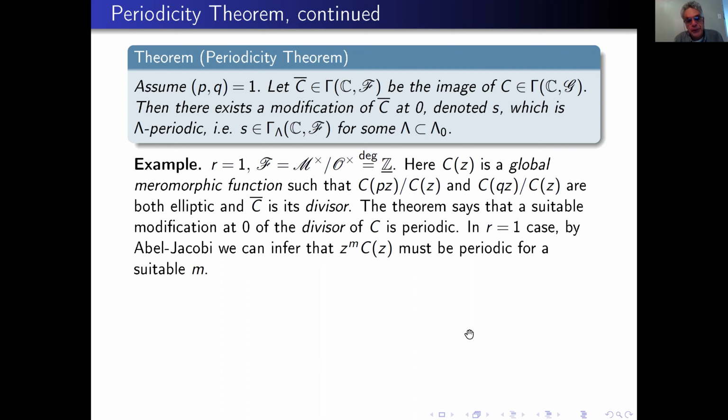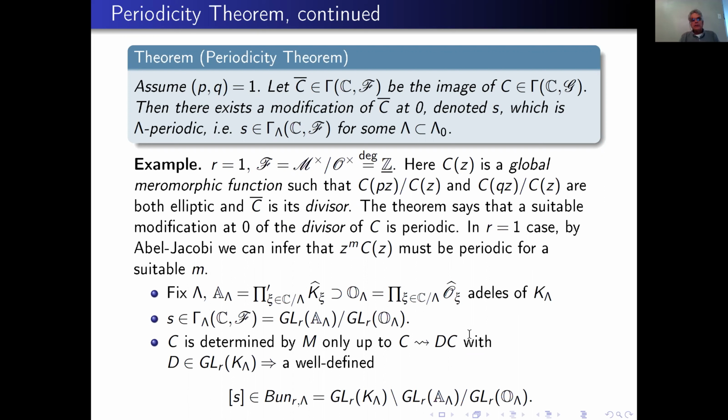and we can infer from this that up to multiplication by some power of C that reflects the need to modify the divisor at zero, and that is really unavoidable, then C is in fact periodic. So in this case, everything is almost as in the case of the rational functions. But as we saw in this example, when the rank was 2, this is not the case in general. So let me now